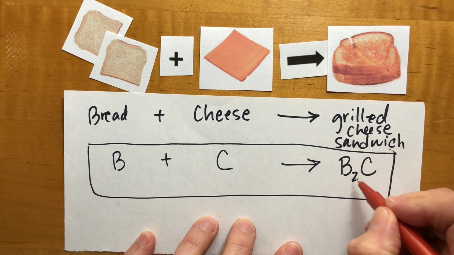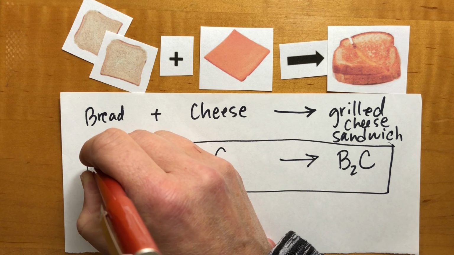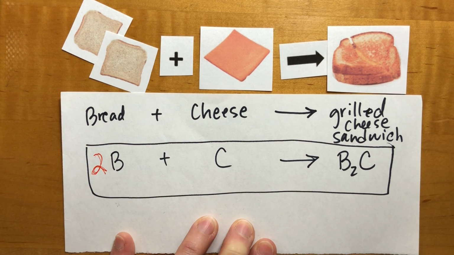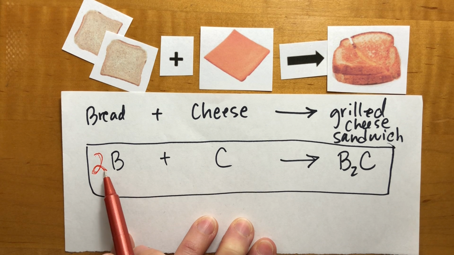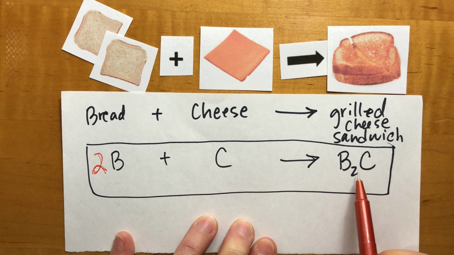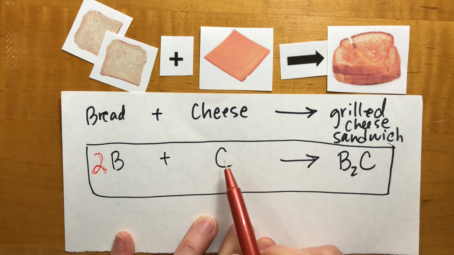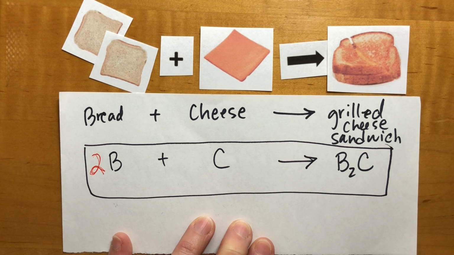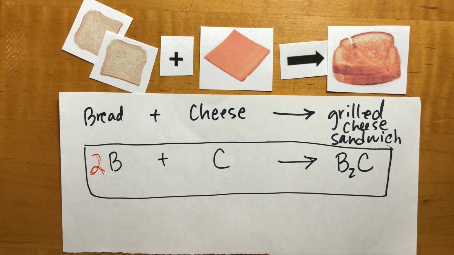This 2 here means I need to start with 2 pieces of bread. Now it's balanced. 2 pieces of bread on this side, 2 pieces of bread on this side. 1 piece of cheese on this side, 1 piece of cheese on this side. That's what balancing chemical equations is, okay? All right, so